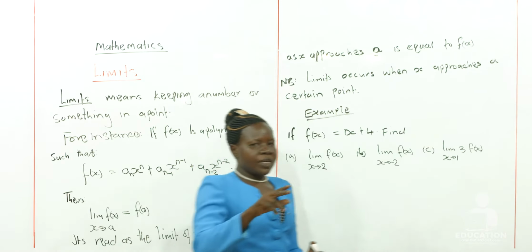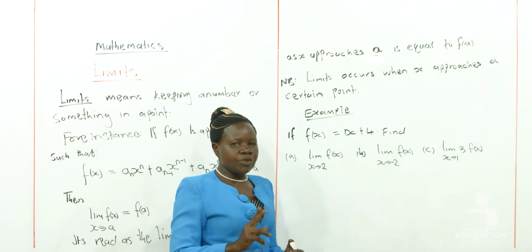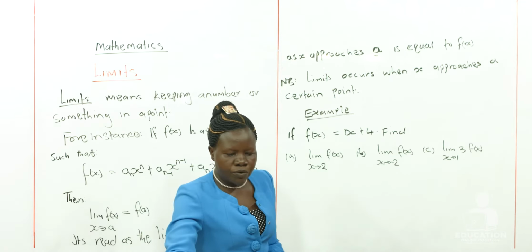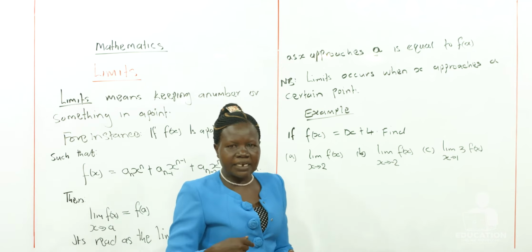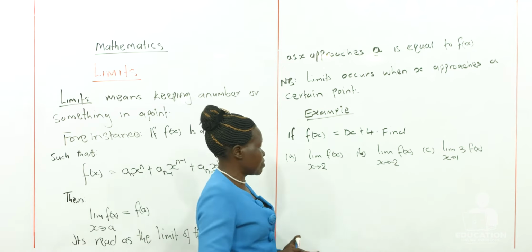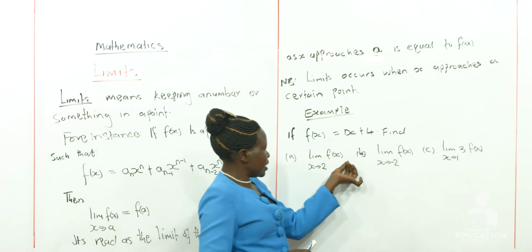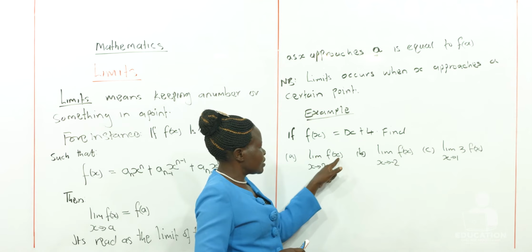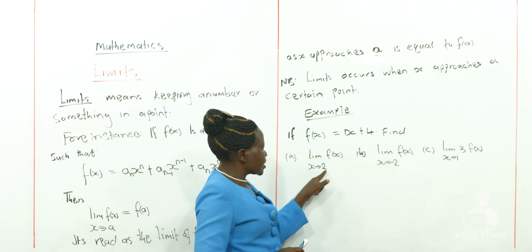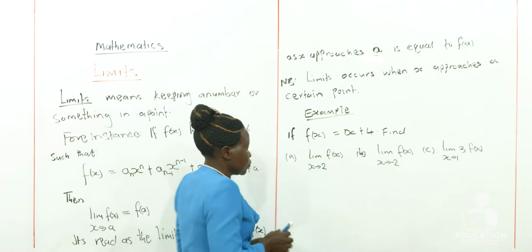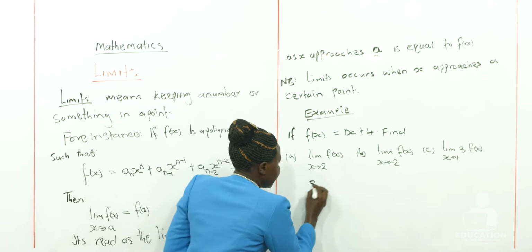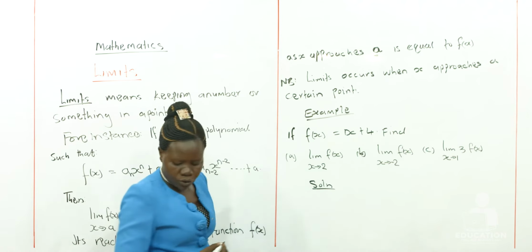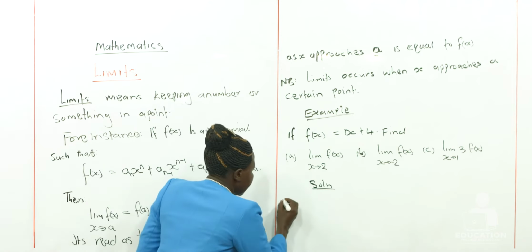So looking at it, when you are calculating limits, there is what we call advice before you fall into a problem and when you have fallen into a problem. Now when you look at example A, they say lim f(x) when x is approaching 2. Then you simply say, if I'm to look at my solution, then I will have part